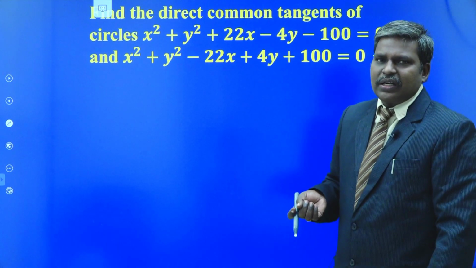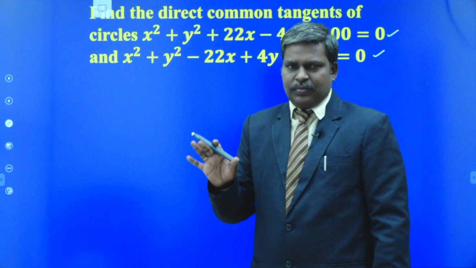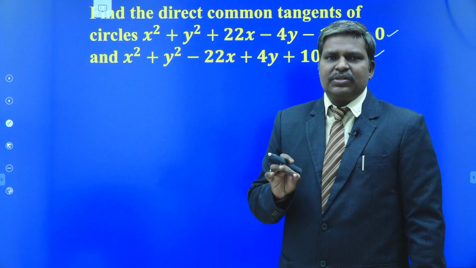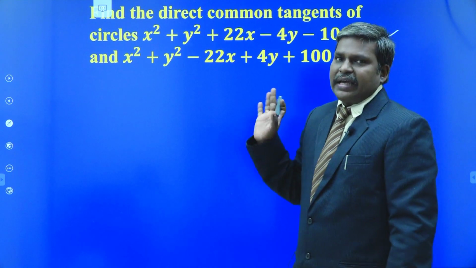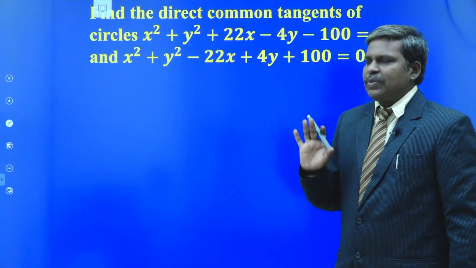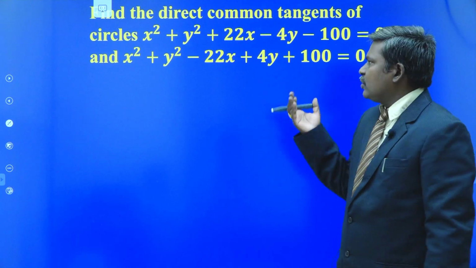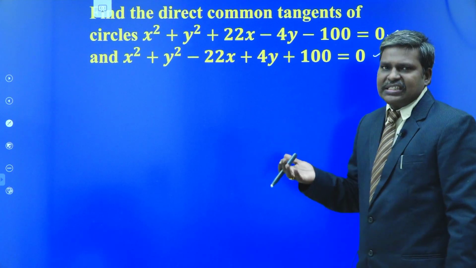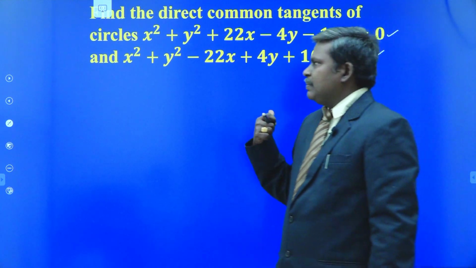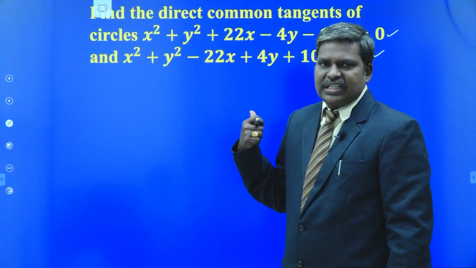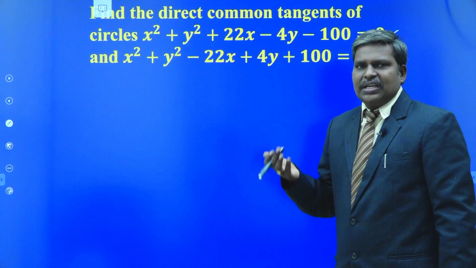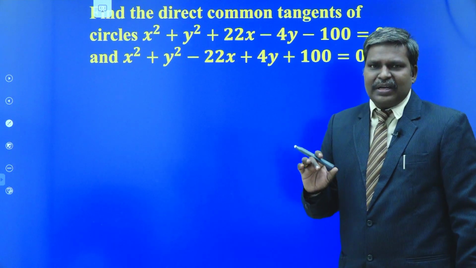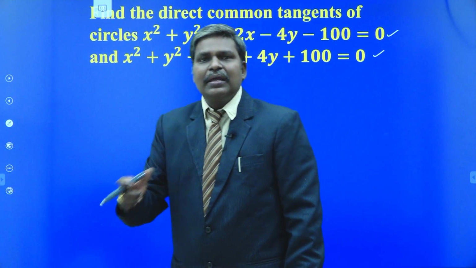The combined equation is what now? S1 square equal to S into S11. You first find the external center of similitude and apply S1 square equal to S into S11. We get the combined equation of the direct common tangents. I agree with you, but I am not going to apply that method. We obtain the direct common tangents as separate lines by using this method. This is a much better method than using S1 square equal to S into S11. If they ask you to write the combined equation itself, you may use S1 square equal to S into S11. In this concept, the separate equations of the direct common tangents are obtained by this method.